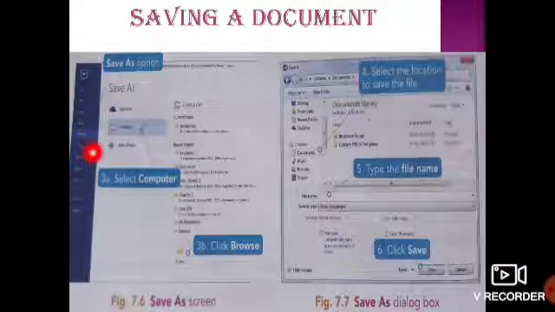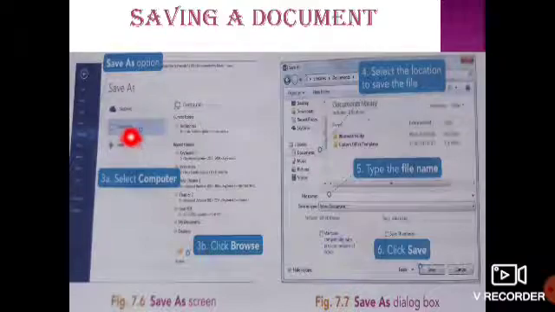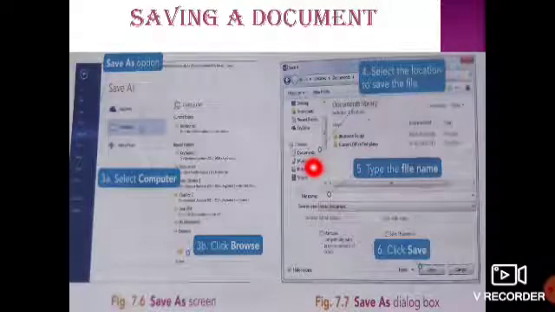the Save As dialog box appears, where you can select My Computer or wherever you want. Here you have to click on Browse, and then click on the location where you want to save the file, that is, if you want to save in Documents, Music, Pictures, Video.